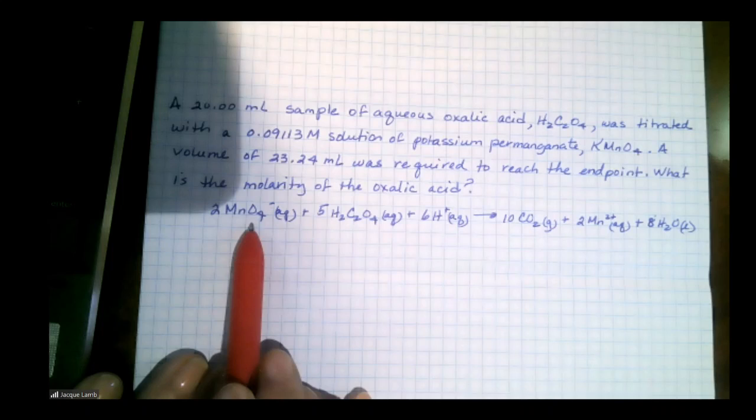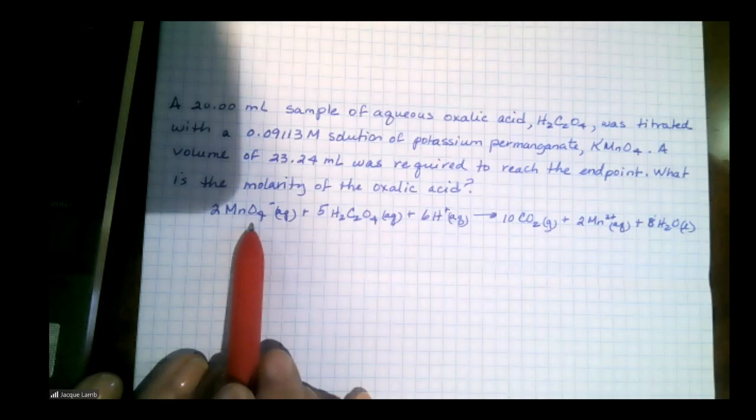So I'm going to calculate how many moles of MnO4 minus. Now I can do this one of 2 ways. I can do this by converting milliliters into liters, or I can do it leaving it as milliliters. It doesn't matter because I have both volumes as milliliters here. For the purposes of today, I'm going to convert that into liters. It really doesn't matter, but I have 0.02324 liters of MnO4 minus